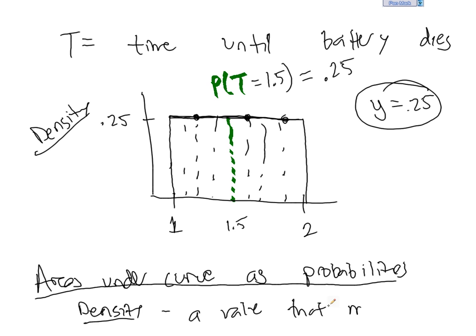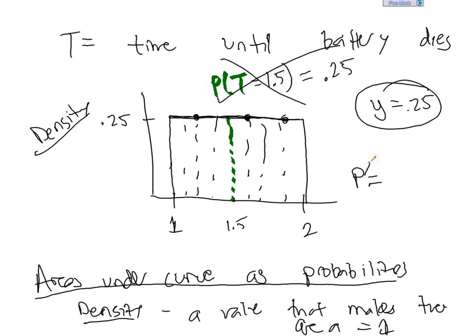that makes the area equal 1. Okay, so let's think about this. First of all, the probability that t is exactly equal to 1.5 in a continuous distribution,